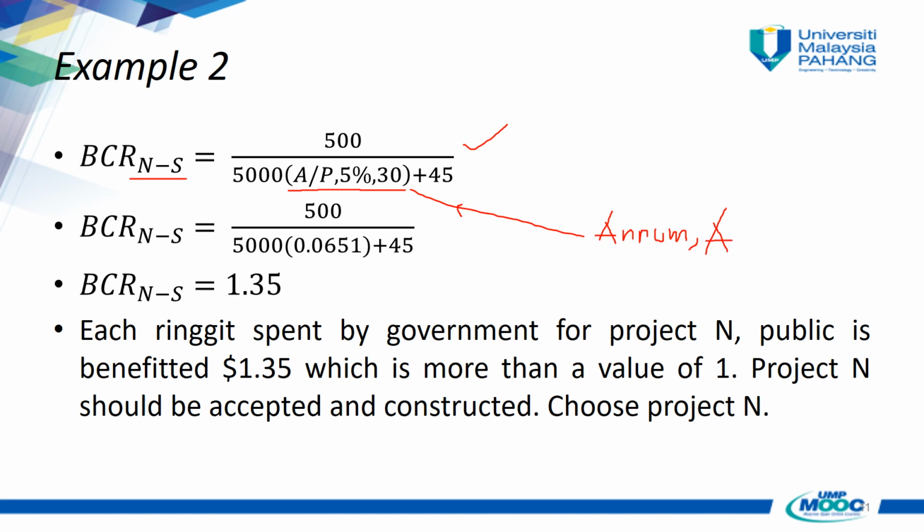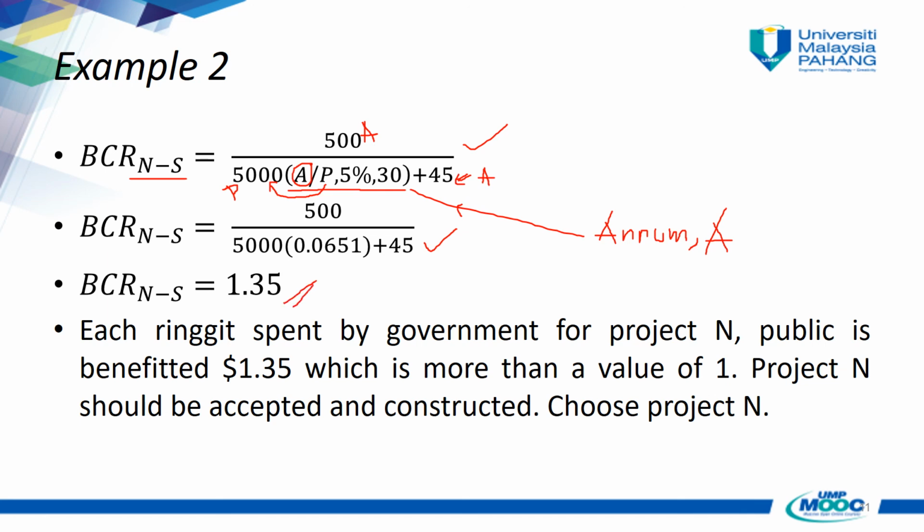In our case here, 5000 is our present value, so we convert it to finding A when you knew the P. What is the P? P is our 5000 here, plus 45. 45 is in per annum value, no problem. 500 is also in our per annum value. So once we got this understanding, we just calculate, and then we will see that the BCR of N deduct S is